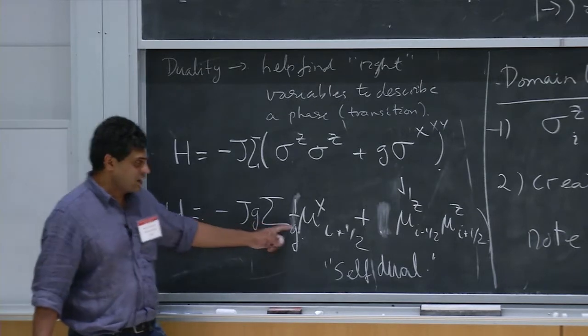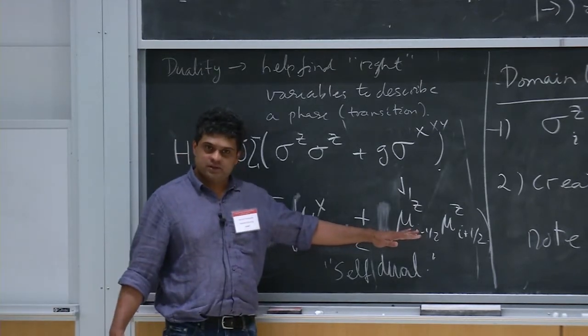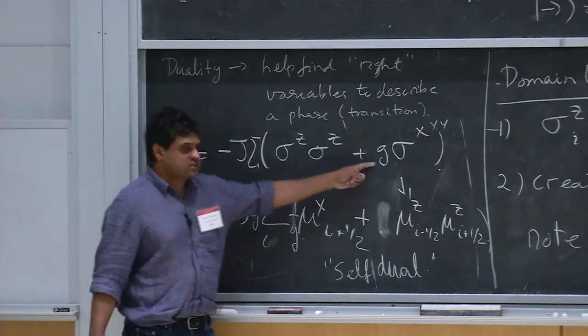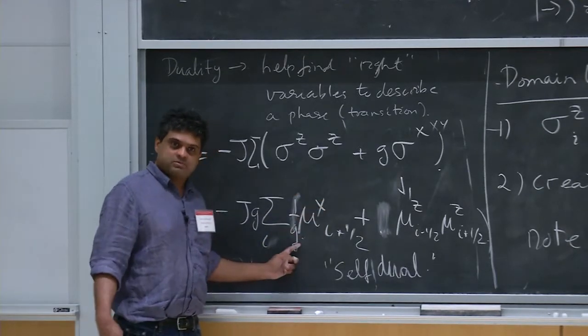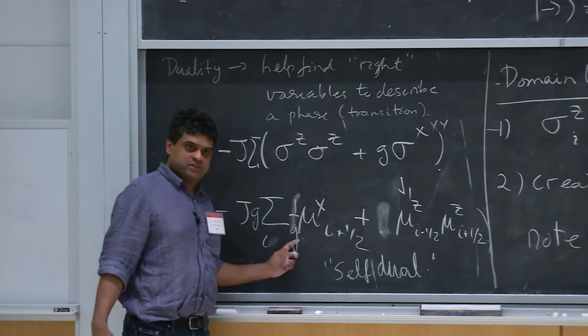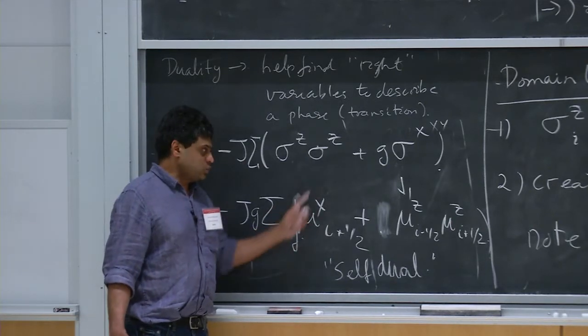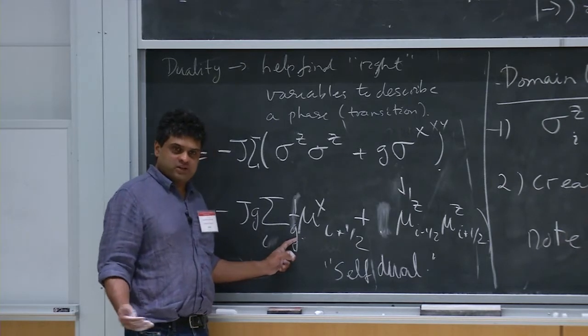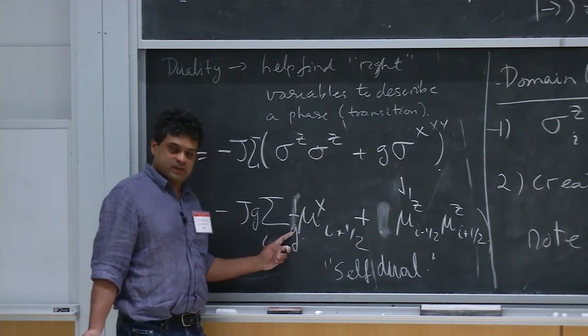So this hasn't actually simplified the problem for us. You have the same problem coming back at you. One thing you notice is that g equal to 1 is special. It maps back to itself. In fact, that's where the transition is located. You can argue that this duality fixes the location of the transition. But it doesn't do very much else in terms of giving you information.